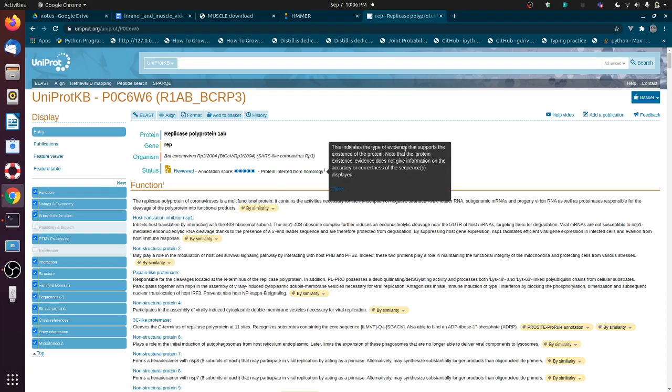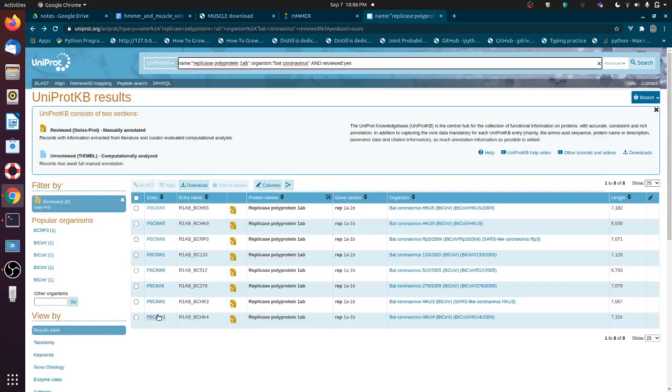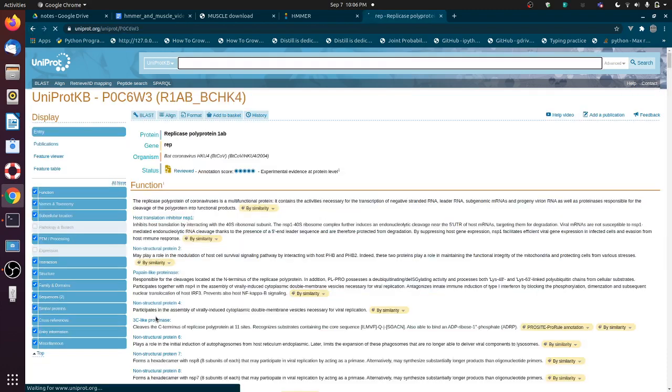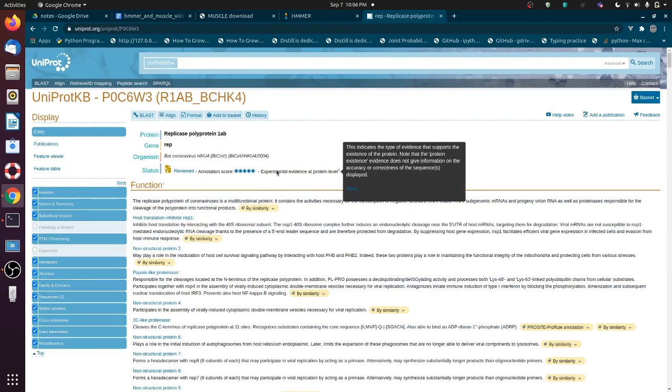So this indicates the type of evidence that supports the existence of the protein. Yeah, it doesn't give accuracy. This is inferred from homology. The best thing would be experimental level. You want experimental evidence at protein level,